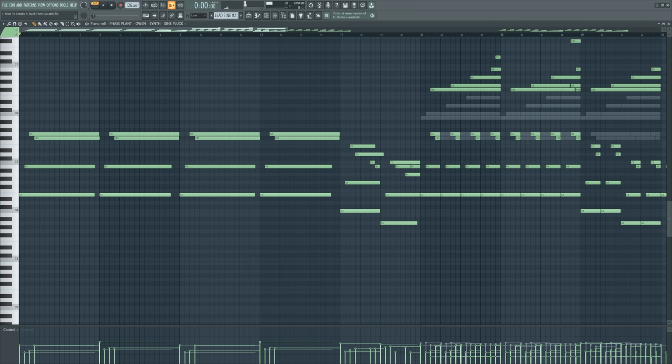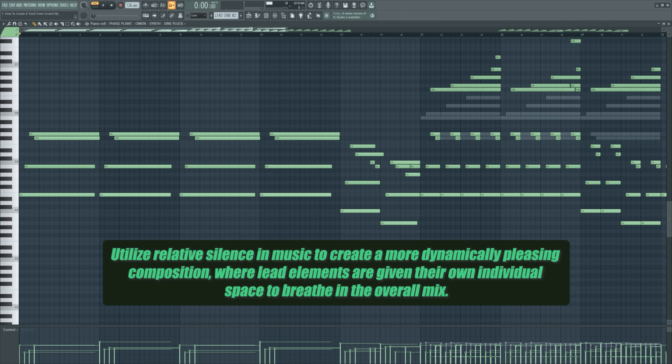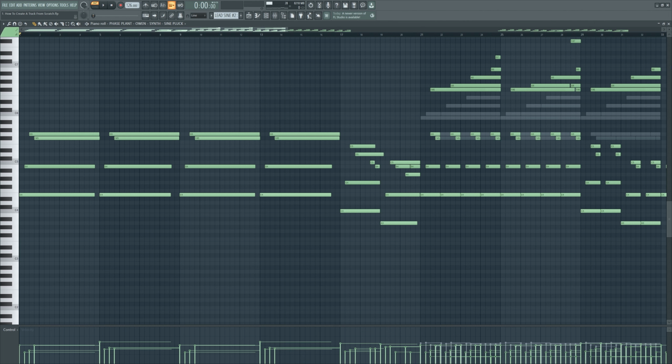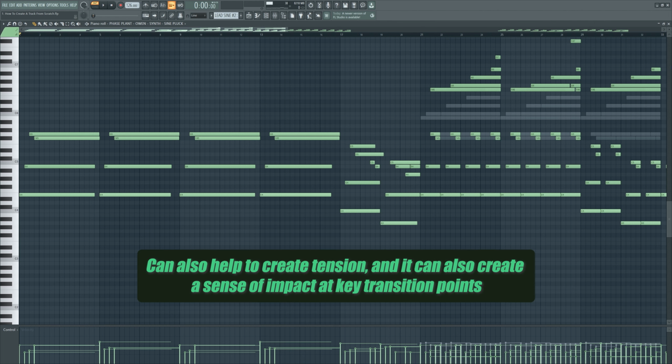There is quite a lot of space between each time the progression occurs. I often like to utilise relative silence in music to create a more dynamically pleasing composition, where lead elements are given their own individual space to breathe in the overall mix. Stretching out the silence can also help to create tension, and it can also create a sense of impact at